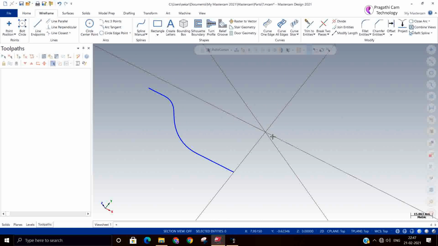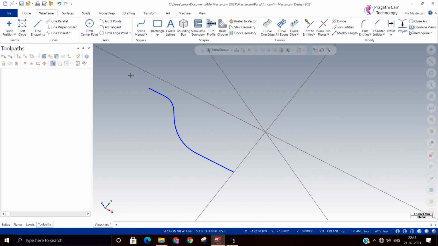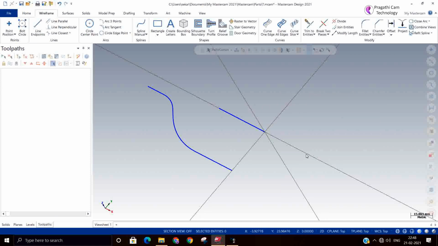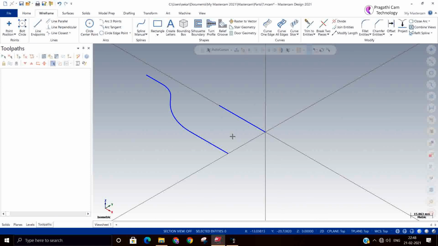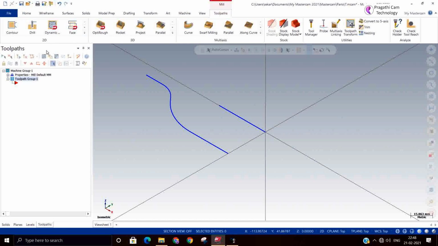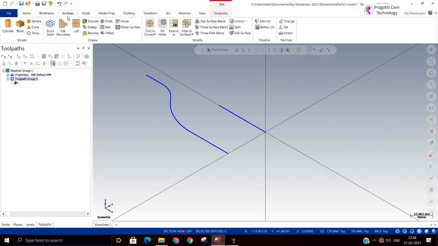So now if you want you can give revolve axis. I will draw one line here. This revolving may be possible in x-axis or y-axis. How you want to revolve, that is left to you. So in case if you revolve this profile, how it looks like, the same way the toolpath will generate.